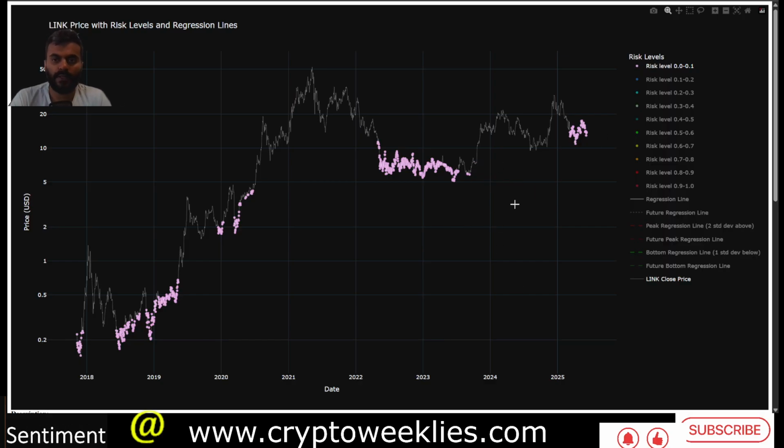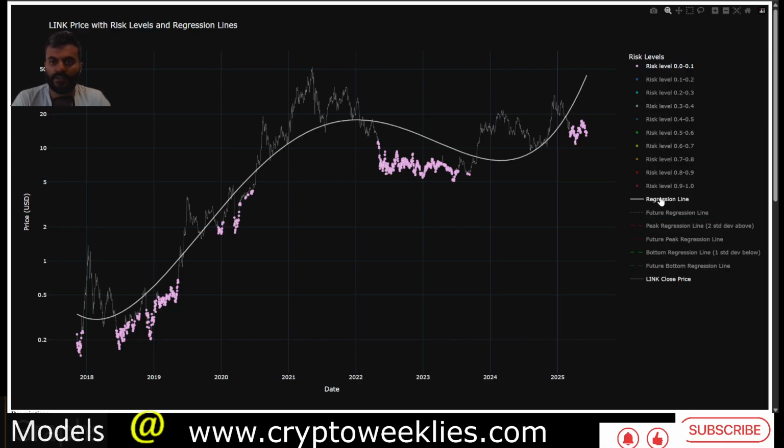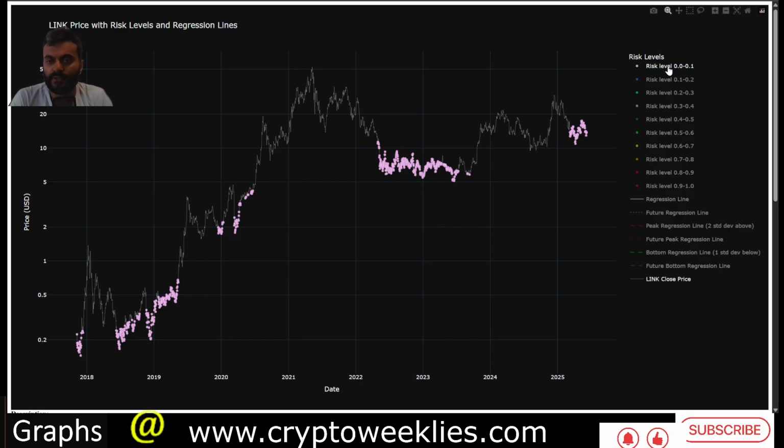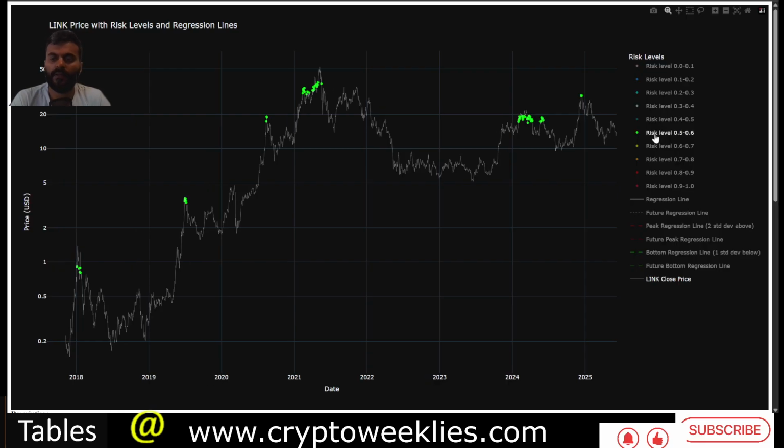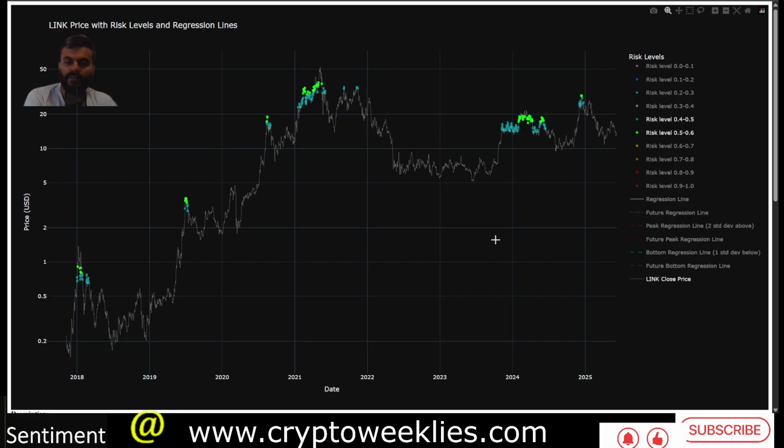So this model's utility is to identify great entry points in the market, as well as the opposite. Again, right now we are in a similar phase per the model to what we were in from May 2022 till June 2023 from a risk-based perspective. This risk is a result of that growing polynomial regression function. The opposite would be when the euphoria phase kicks in and the rallies get overheated, where instead of DCAing in, DCAing out makes the most amount of sense.